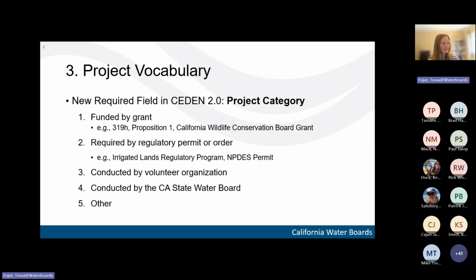The more I was thinking about it, the more I thought these categories could apply at the program level rather than the individual project level. So that's a potential change we could make. But if anyone else has scenarios that they've dealt with that they wanted to share to help us think about all those options and come up with the best way to do this, that would be great.